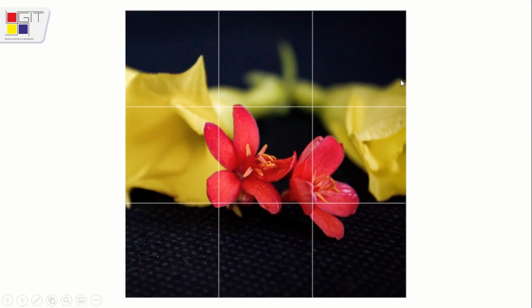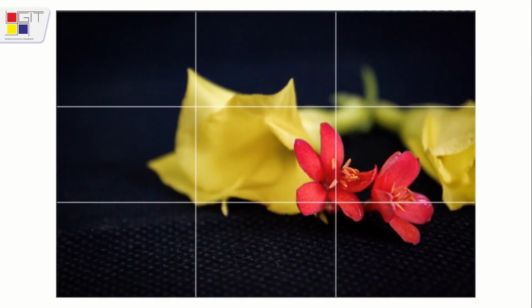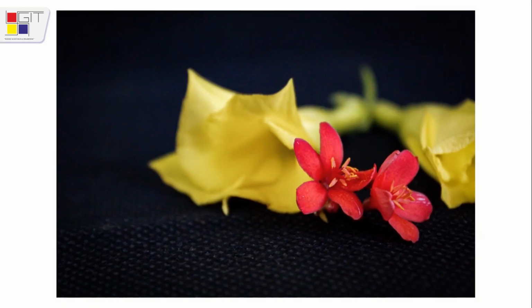And now check this frame also. Now check this next one. Rule of thirds means your object is on this point or at this point of the frame, the focus point is at this place and the remaining things are blurred. It's a good one.